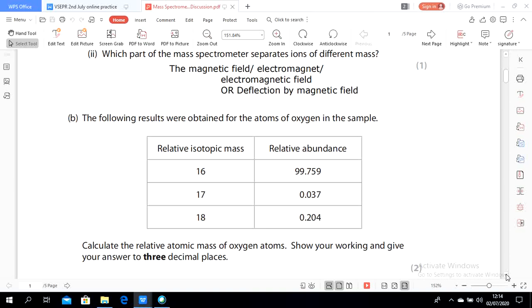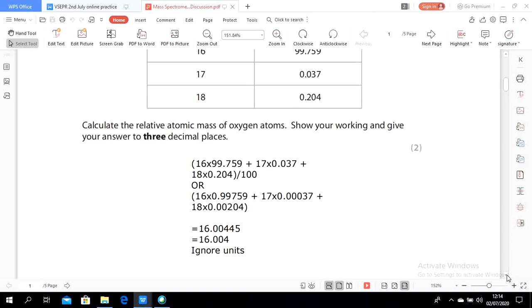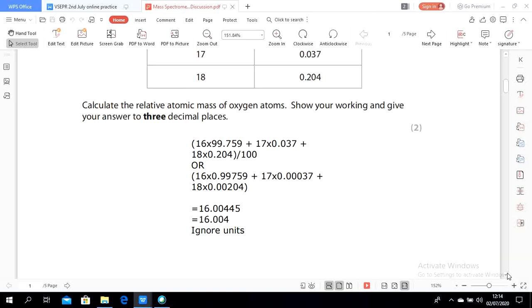So find it here using the formula which you had used when you studied atomic mass, in the chapter structure of atoms. Already calculate the relative atomic mass. So the relative atomic mass is here to 3 decimal places, but in A level usually we have to write it to 3 significant figures. So the answer has to be 16.0.